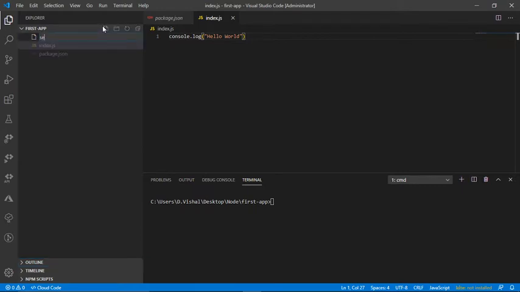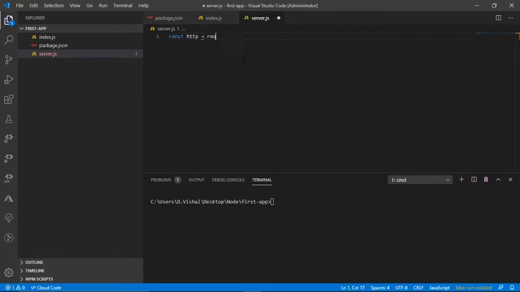So for that I'll create a new file called server.js, and I'll use an inbuilt module called http to create this server. So I'll declare a variable called http and require that module in our file. This http module has a method called createServer,